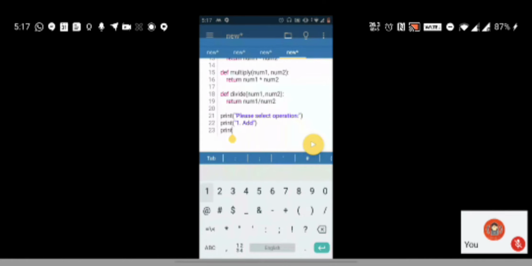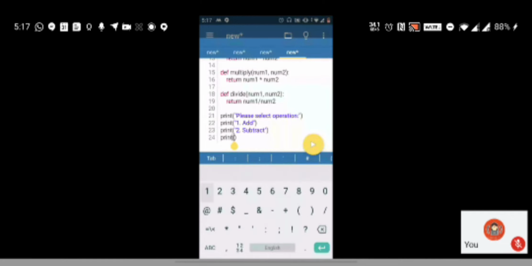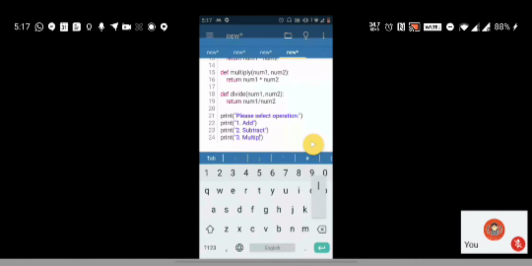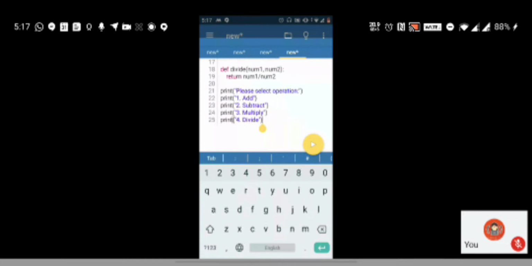Then you have subtract. This is just for the user's information. You're providing the user with what all options they can choose. Multiply, and fourth is divide. Okay, so you have given the user 4 operations among which they can choose any.